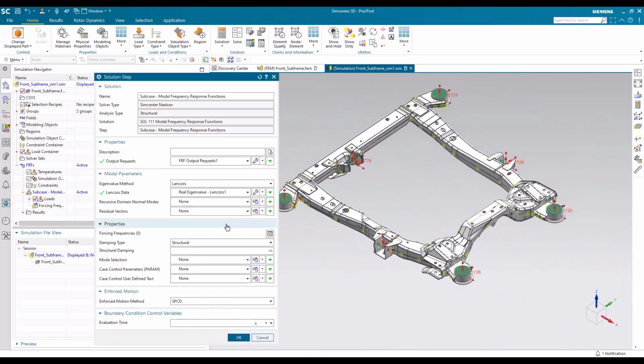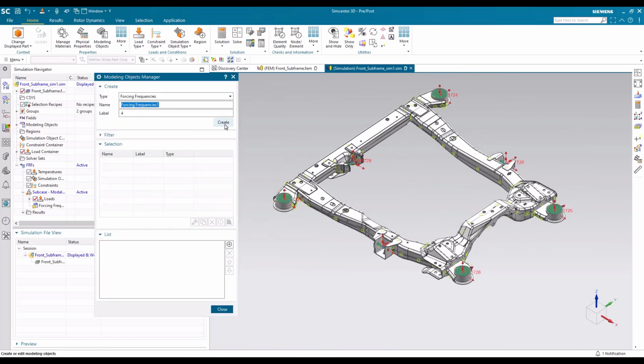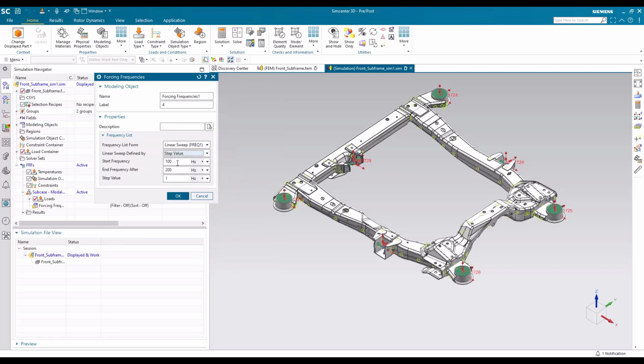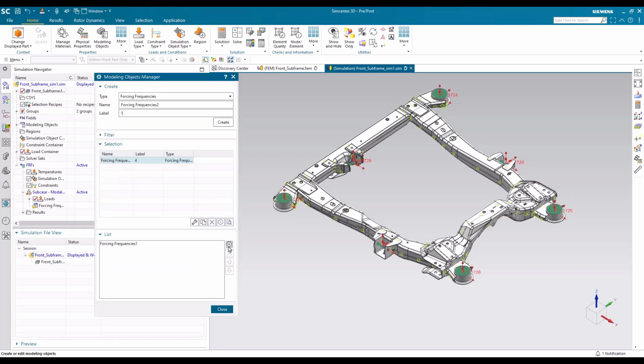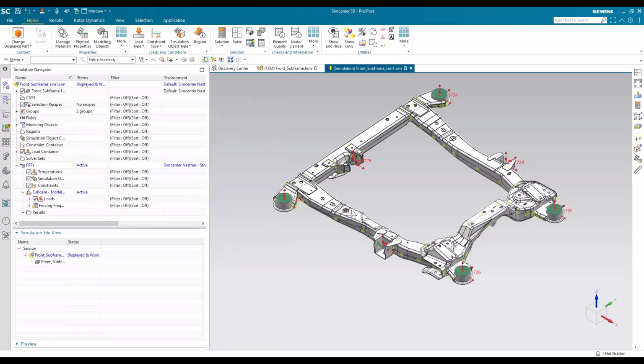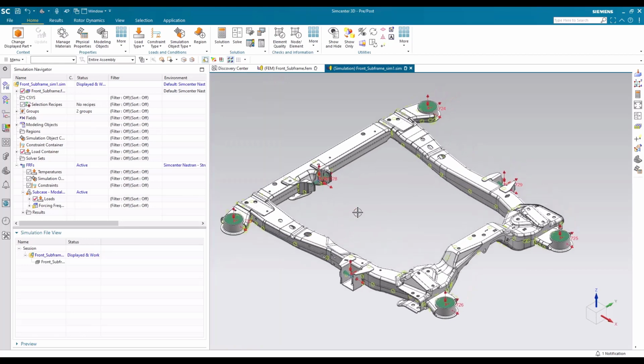Okay, once these parameters are defined, we need to specify a new forcing frequency that will be applied. In this case, we will select linear sweep from 10 Hz to 1000 Hz with a step value of 1 Hz. We apply this forcing frequency to the list, and also we define a structural damping of our structure. Once this is done, we can start to solve our simulation.